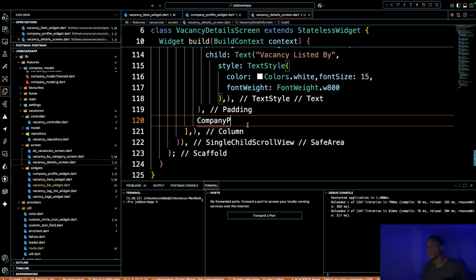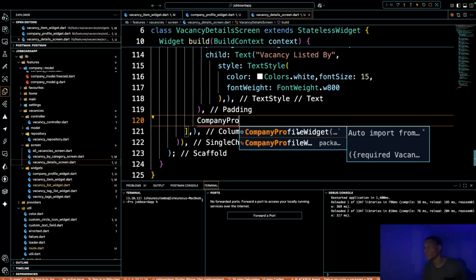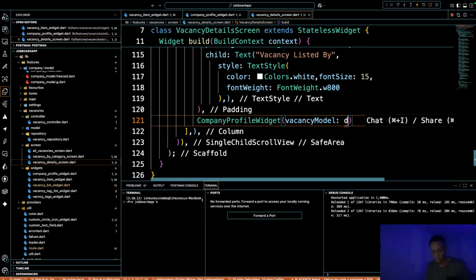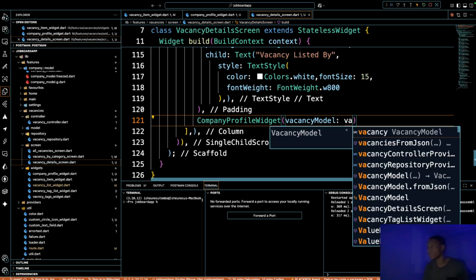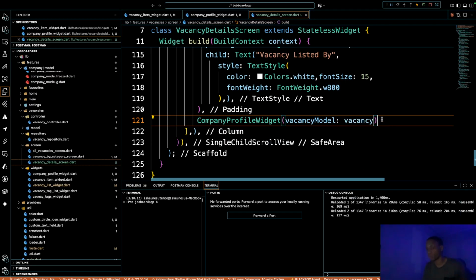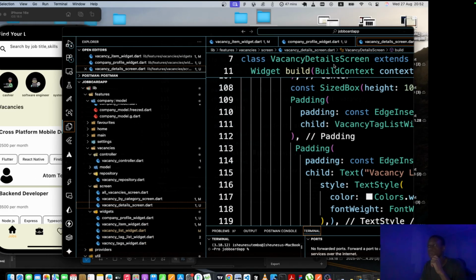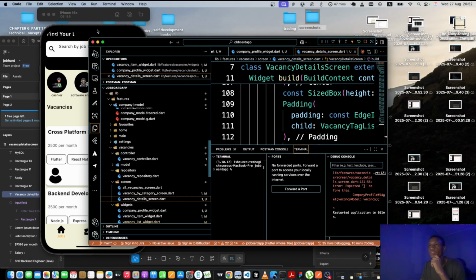Same here, simply going to pass in the vacancy, which is of type vacancy model. And then let's make sure that it's already wrapped with the padding widget. So now if we restart our application,